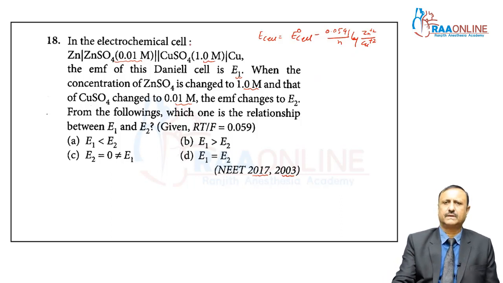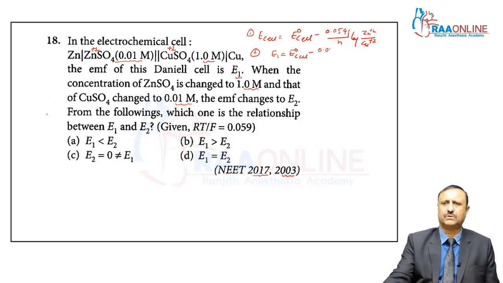My dear students, this is the product upon reactant: here Zn2+ is the product and Cu2+ is the reactant. So you can put Zn2+ upon Cu2+ in this formula. Now we can put the values. First of all, you can put the values for E1, my dear students. Here you can see E1 and E naught cell